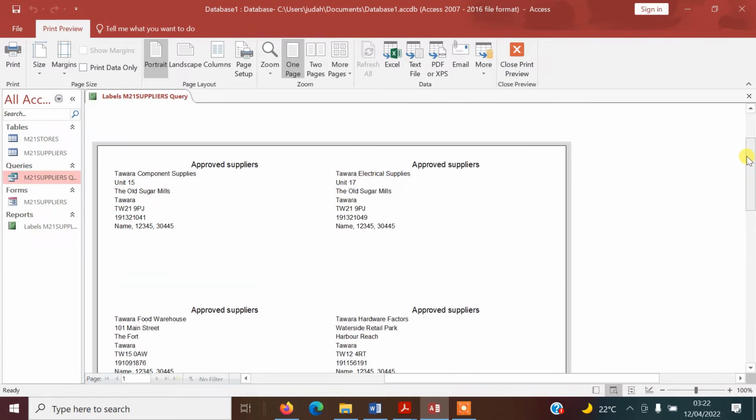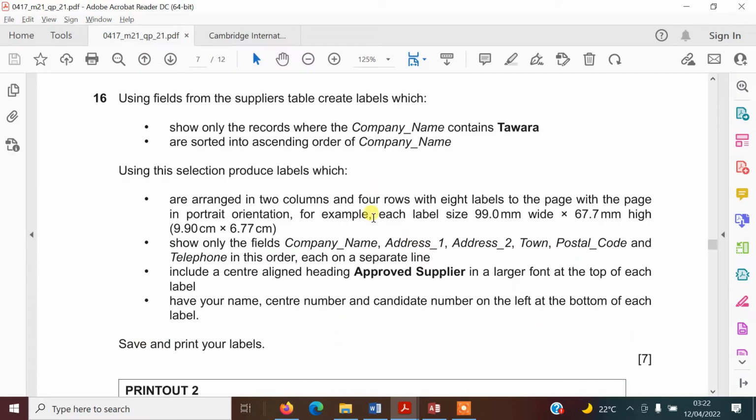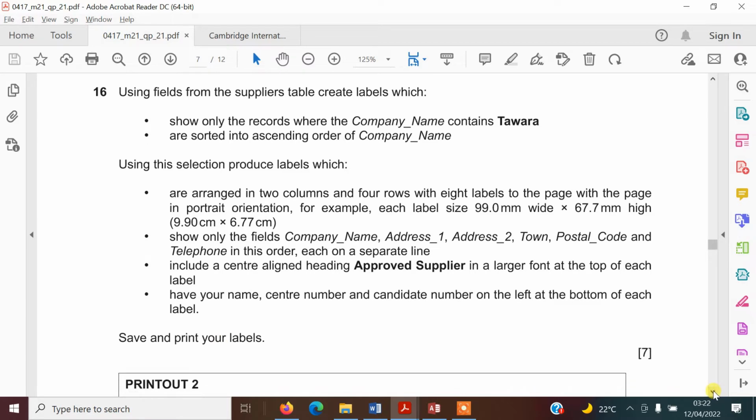So that's everything there. I'm just going to save that, and I'm going to just check that I've done everything that I need to. Yeah, so now we're going to go ahead, and you would print that out at this point,